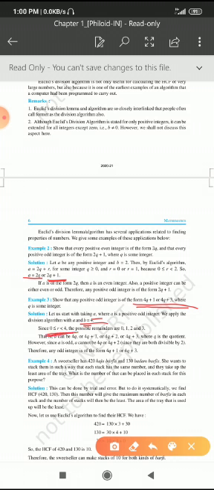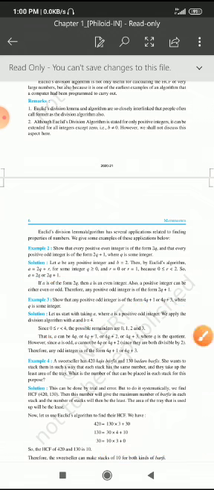Here r can take four values. R can be equal to 0 or less than 4. So from 0 to 3, it should be less than 4, which means it can take up to 3. So 0, 1, 2 and 3. R can be either 0 or 1 or 2 or 3. So substitute these values in the above equation a is equal to bq plus r. Then a can be either 4q plus 0, that is 4q, or 4q plus 1 or 4q plus 2 or 4q plus 3, where q is the quotient.